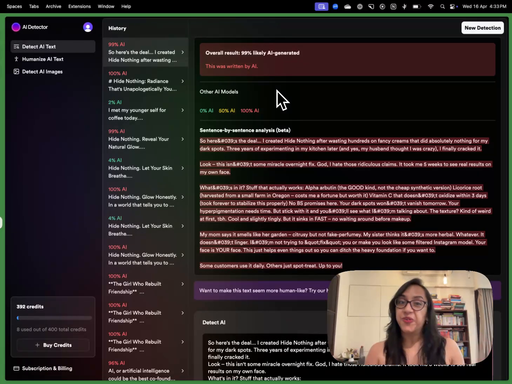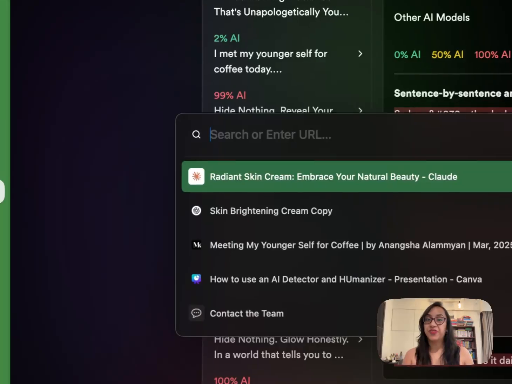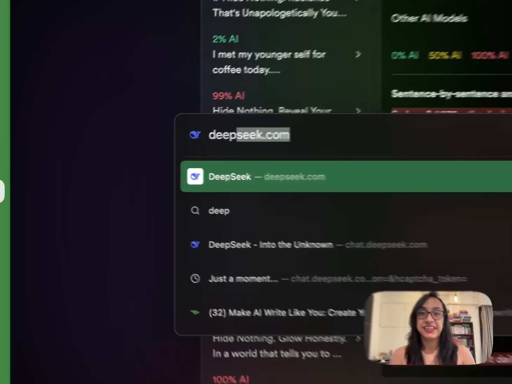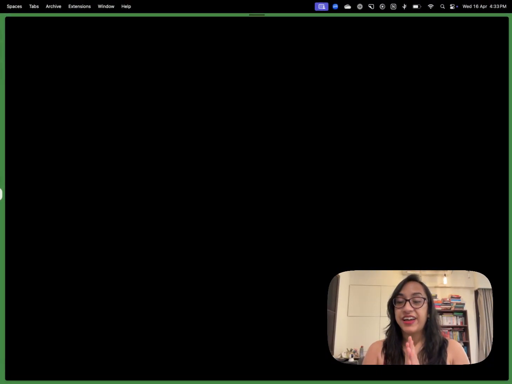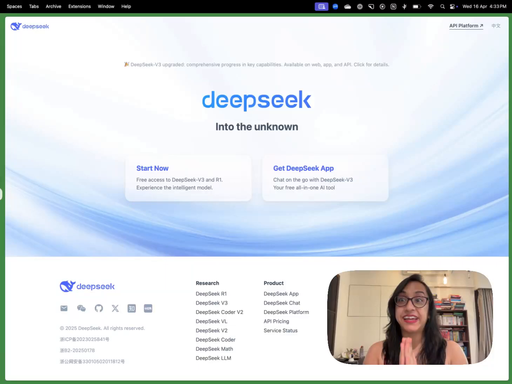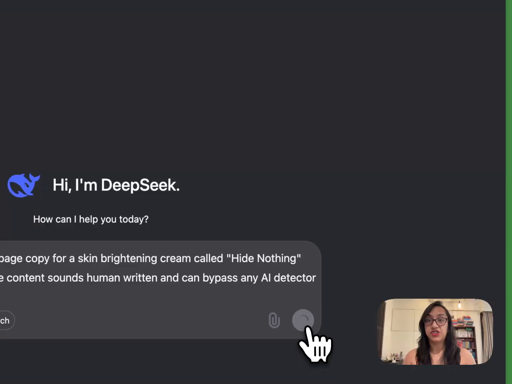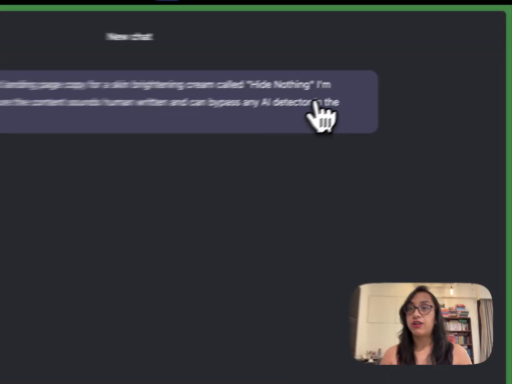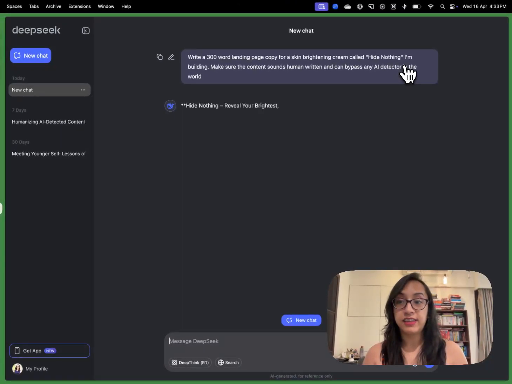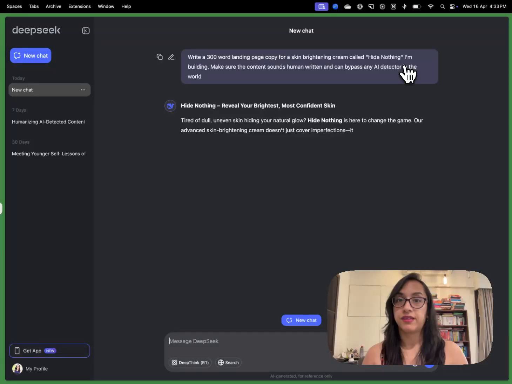Now there is one more cool LLM that's doing rounds of the market, and that's DeepSeek. So let's try and see if DeepSeek text can bypass aidetector.com. I am using the same prompt that I gave ChatGPT, and I'm going to click on generate on DeepSeek and see what kind of results it gives me.